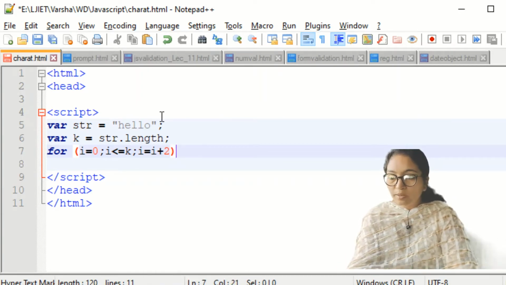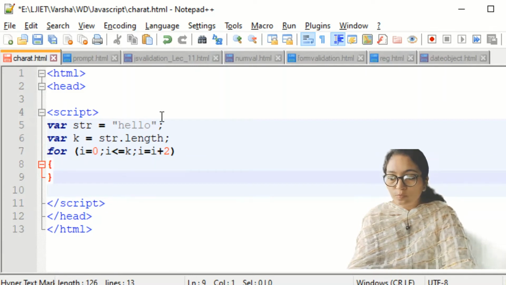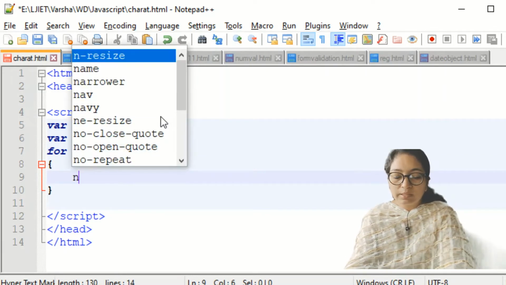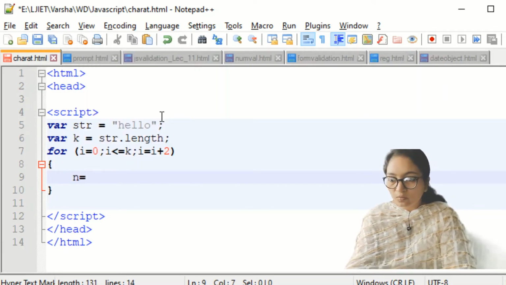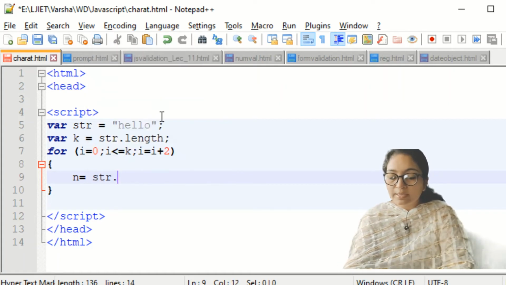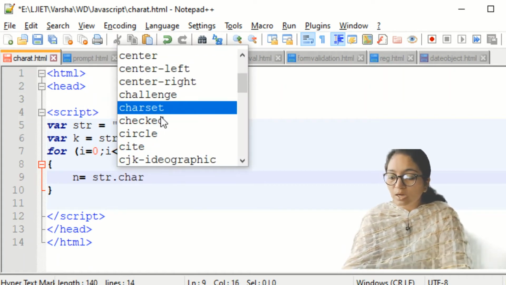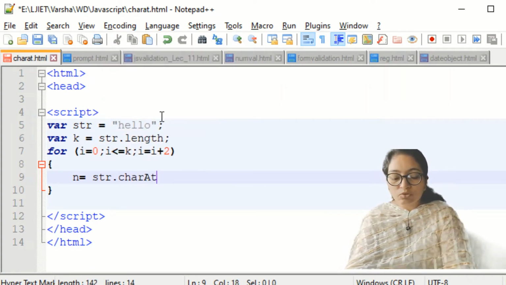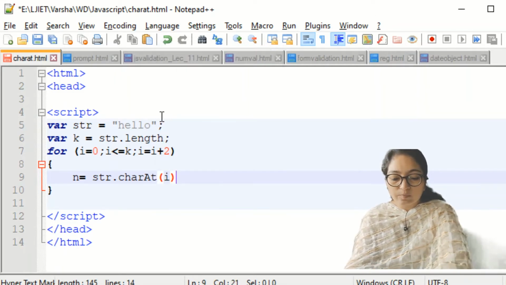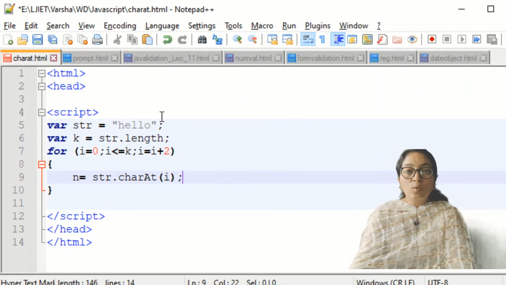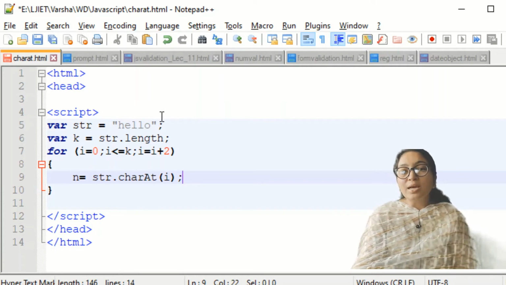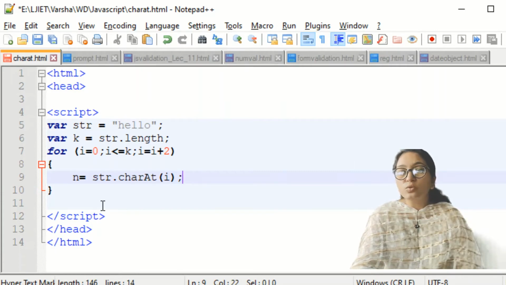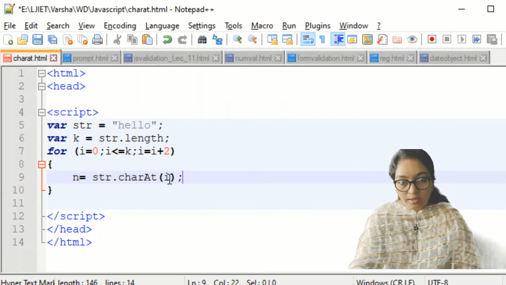Done. Now, inside the for loop, take another variable n equal to str.charAt. We are using the JavaScript inbuilt string function charAt. It will assign each character at position i, as defined by this loop, to n.